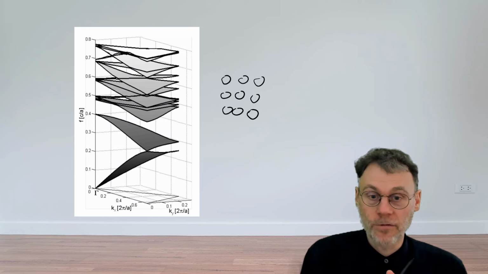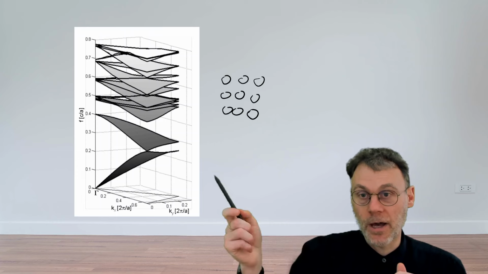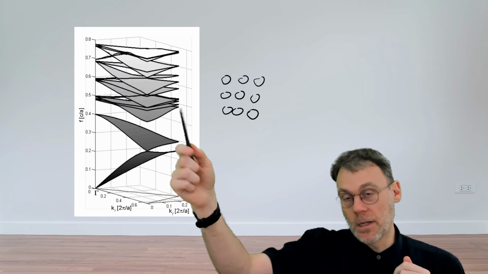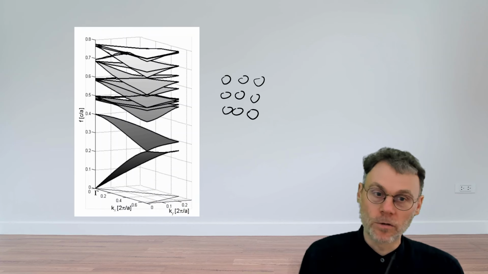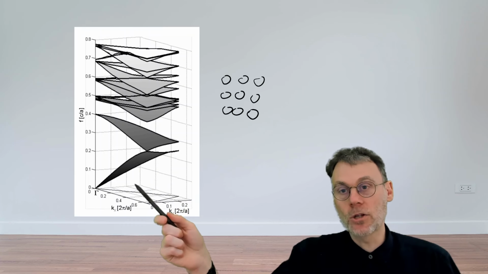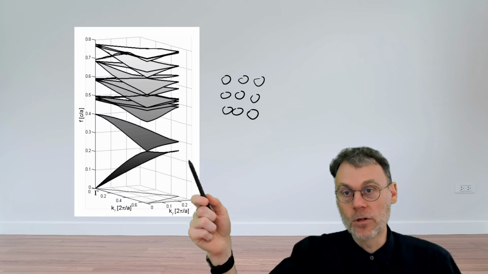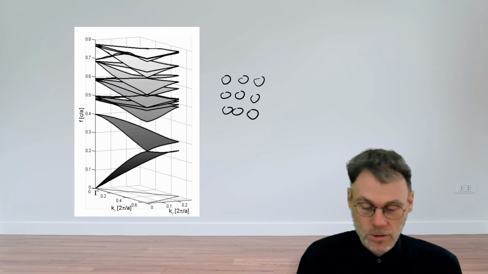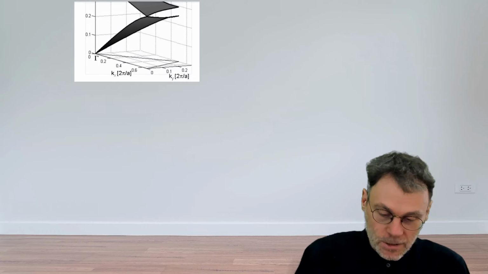So based on this observation, people actually simplify a diagram like this. They don't plot this 3D surface-based diagram, but rather they just walk along the edges of the irreducible Brillouin zone, along the edges of this triangle here, and then they unfold this structure and plot it in a form